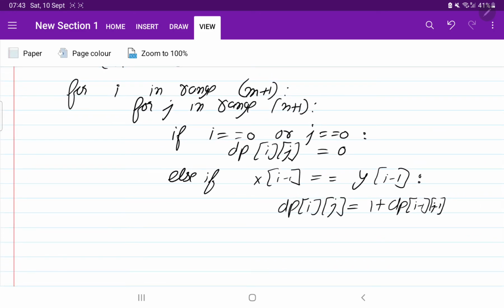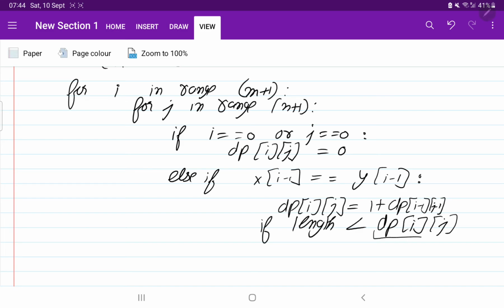Now if the elements are equal, we are going to check if length is less than dp of i comma j. What does dp of i comma j store? It stores the longest common substring length.